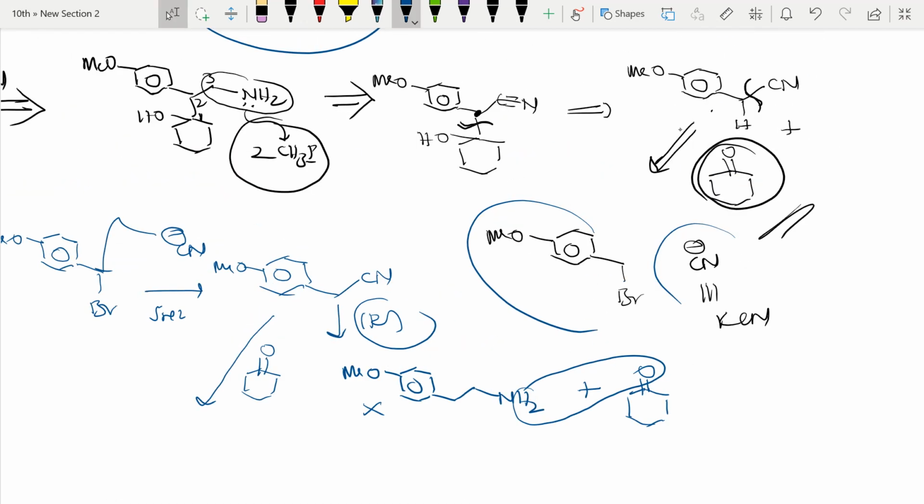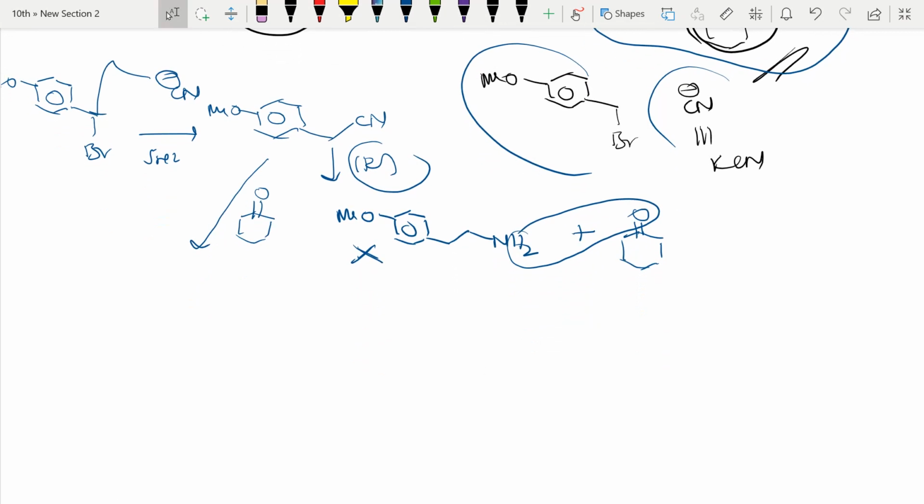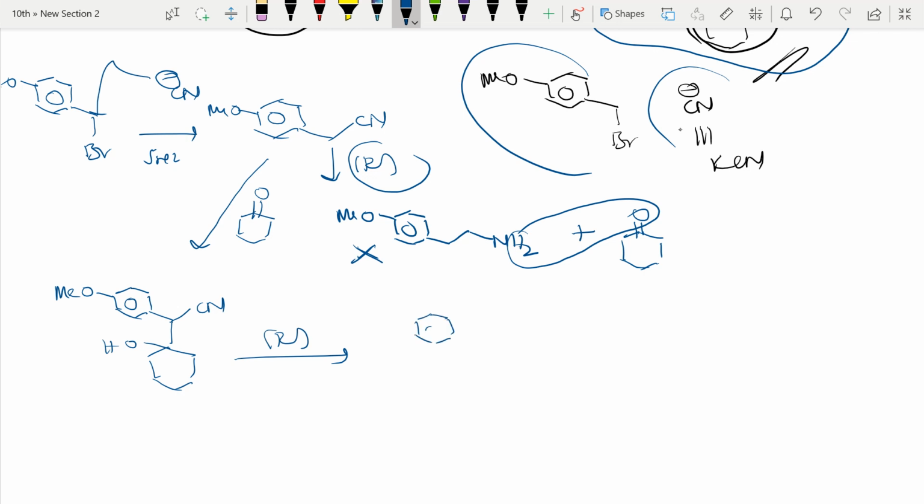Here first we will get these two products. Then we need to reduce here, because here I have done functional group interconversion. Right. So if we do it the other way, like if we take one step initially only, then these things happen. Right. So we should analyze all those things. So first I will add the ketone. So what happens? OMe is there. So CN here, and I will get this product, OH. Now I can reduce. So you came to know how we make mistakes in exams also.